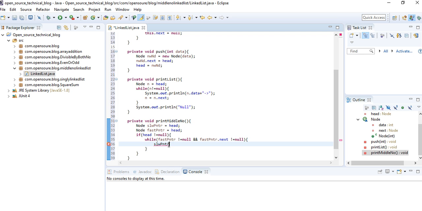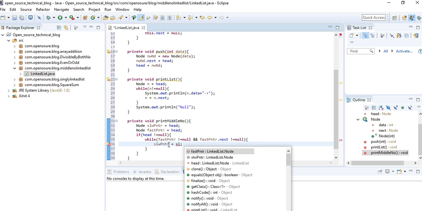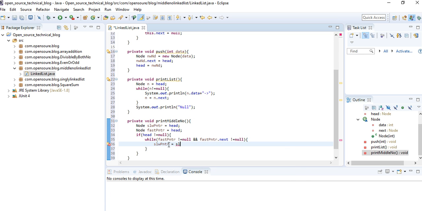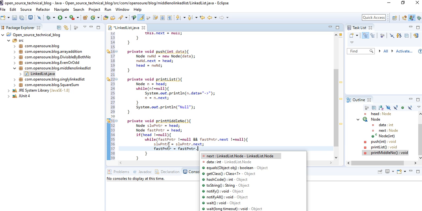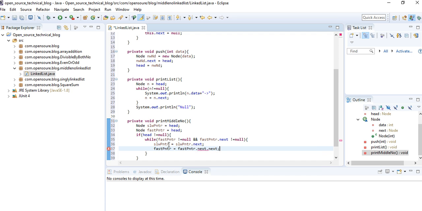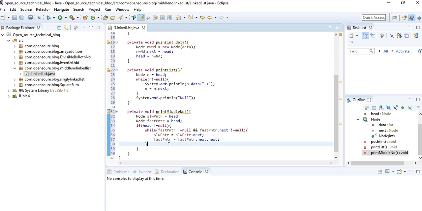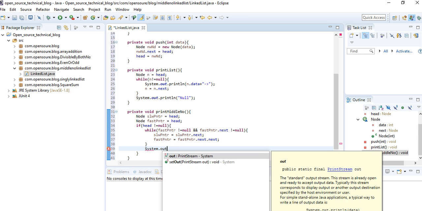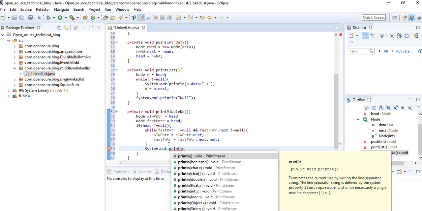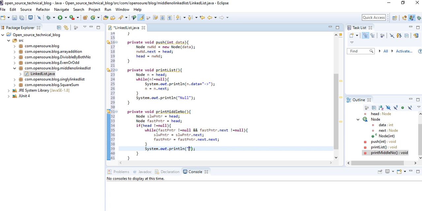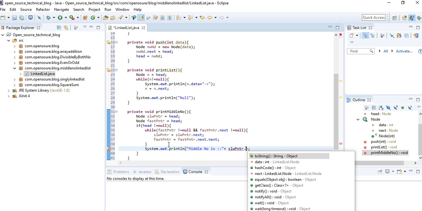Then slow pointer to slow pointer dot next.